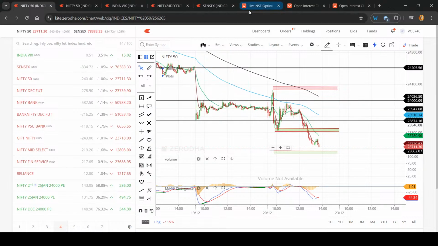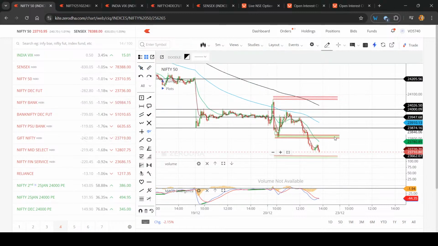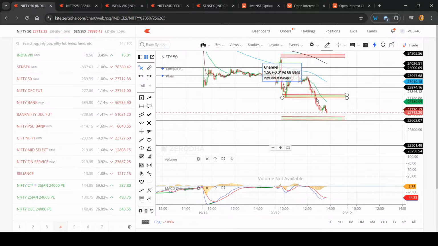So today, if you go to the Telegram group this morning, I told you that you can expect some volatility. Some volatility came, but this is purely a trending phase, right? You cannot call this volatility. This is purely trending. This is volatility: 200 points up, then 200 points down, right? But as soon as the green support which we marked broke down,